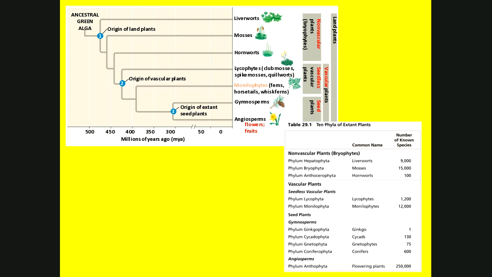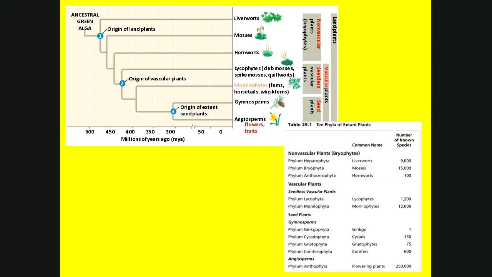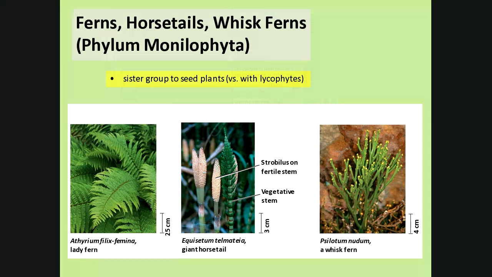The monilophytes. In your book or in your lab field notebooks, it calls the monilophytes pterophytes. So pterophytes and monilophytes are the same: the ferns, the horsetails, and the whisk ferns. Now, interestingly enough, the monilophytes are not as closely related to the lycophytes as they are to the seeded plants. These guys are actually more of a sister group to the flowers and fruits and the cone plants that we'll talk about next time, even though they're considered in this seedless vascular group of plants. So it's the ferns, the horsetails that we looked at in the lab, and there's a whisk fern.